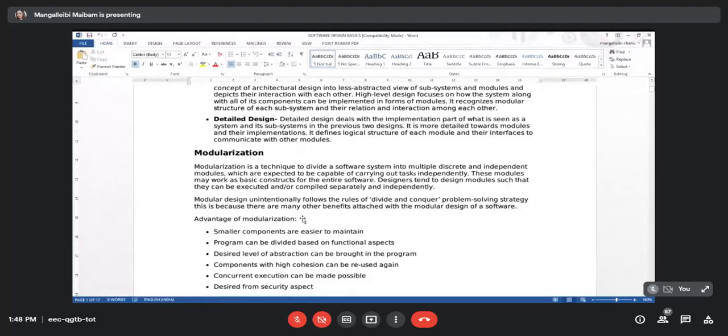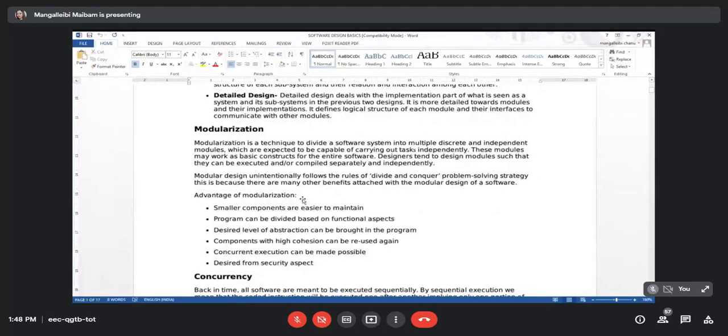So here, modularization is a technique to divide the software system into multiple independent modules. Okay, so we must be having certain modules, sub-modules. We are breaking down our complete system into sub-modules so that each module is capable of performing its own tasks independently. Why do we divide our overall system into sub-modules? So that we can easily finish our tasks earlier, and also